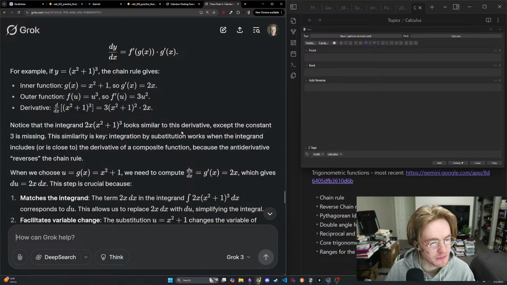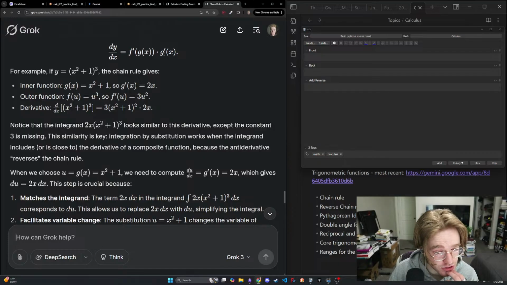For example, if y equals (x squared plus 1) to the 3, the chain rule gives the inner function of x squared plus 1, so g prime equals 2x. The outer function, f prime